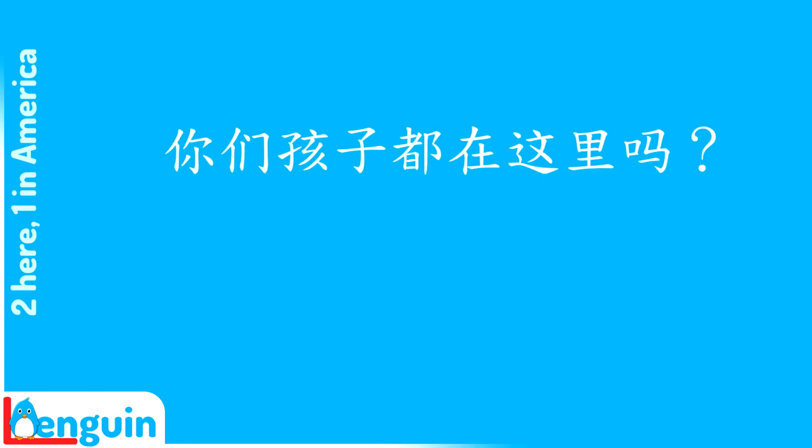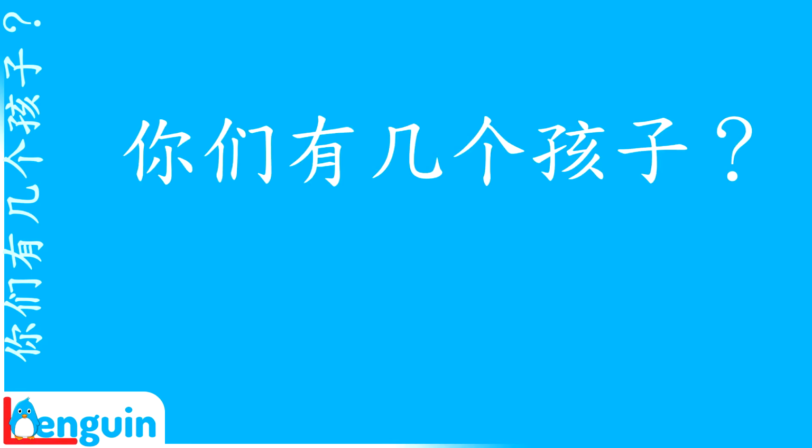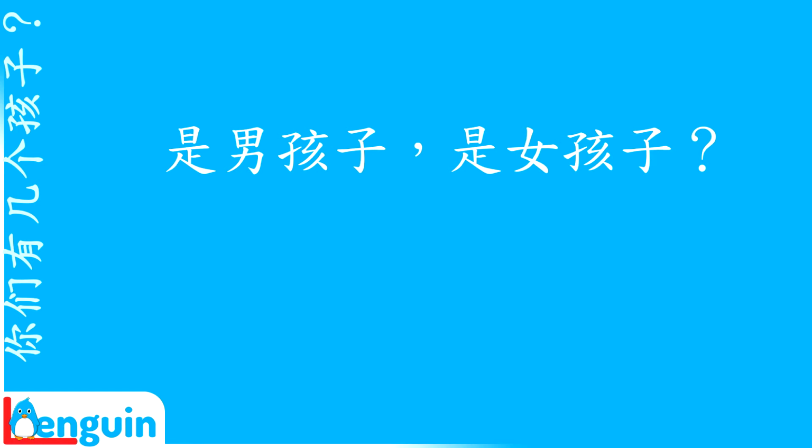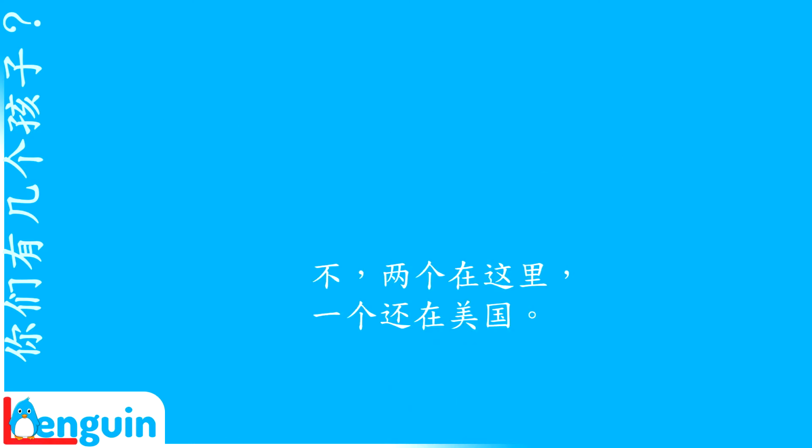Now try responding to the question. Assume that you have three sons. Two here with you, one still in America. 你们孩子都在这里吗？ 不，两个在这里，一个还在美国。 With the same assumption that you have three sons, two with you here, one in America, try answering these questions. 你们有几个孩子？ 我们有3个孩子。 是男孩子是女孩子？ 都是男孩子。 他们都在这里吗？ 不，两个在这里，一个还在美国。